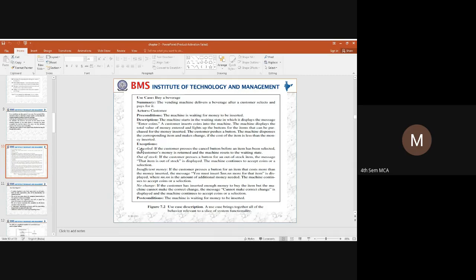The customer inserts a coin into the machine, but before the transaction occurs, he selects the cancel button. Once he has pressed cancel, the money has to be returned to the customer and the machine has to go to the reset state or waiting state.